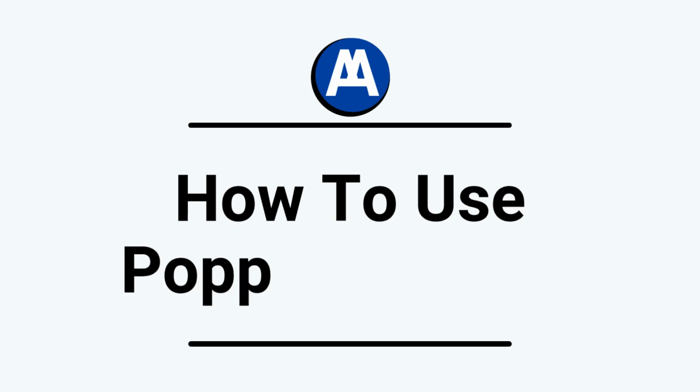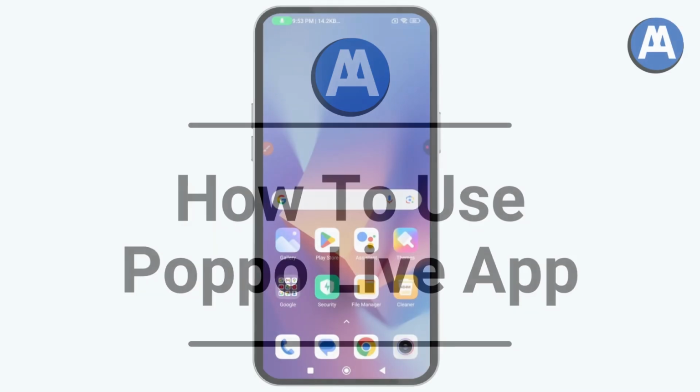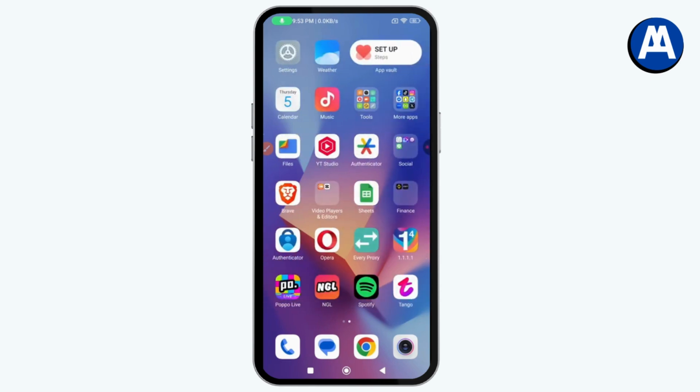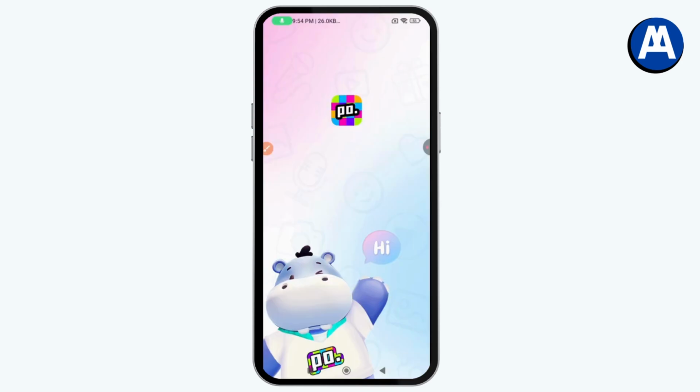How to use Poppo Live app. So if you want to use Poppo Live app, then what you need to do is first you just need to simply open up your Poppo Live application. If you don't have an account, you just need to simply go and create an account and then log in to